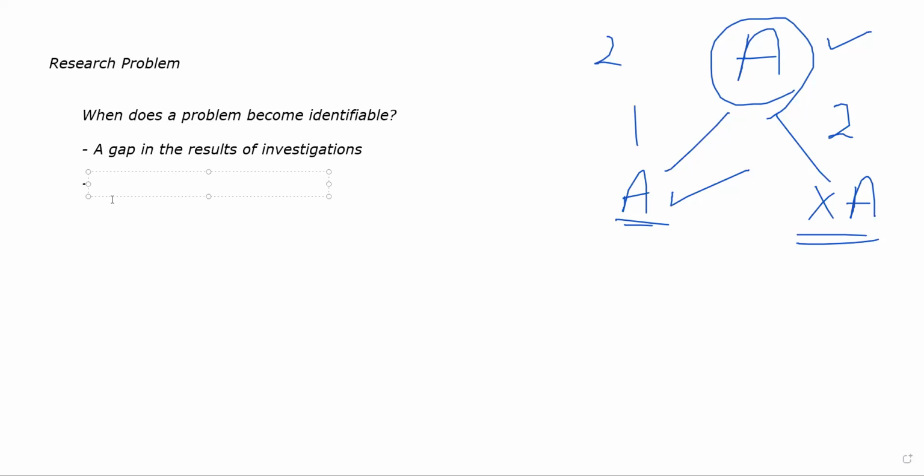So that might spark interest in you. That might spark a problem for you, as the results of these two studies are disagreeing with each other. It might spark interest in that particular researcher, whoever is reading these two published materials as a third person: let me find out what is the answer. Okay, so you might give your own perspective with that. So that is one: results of several inquiries disagree. Right. So that can be another reason why a problem statement or a problem can become identifiable.